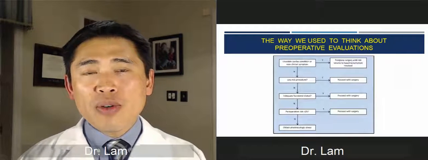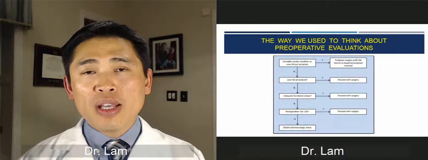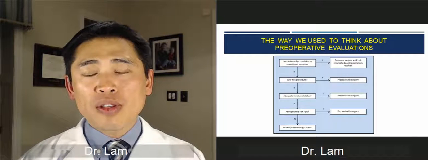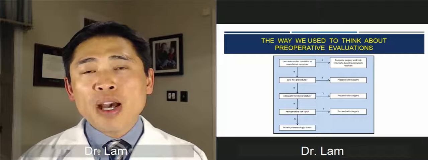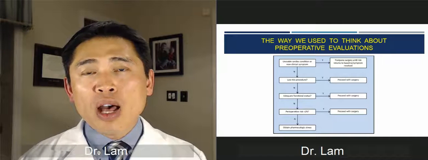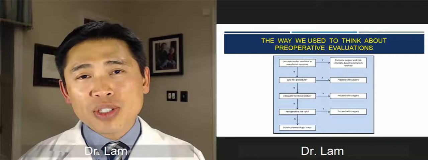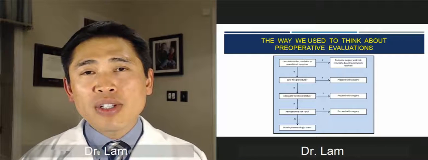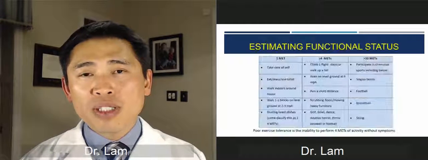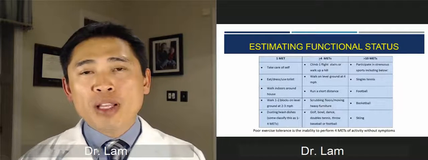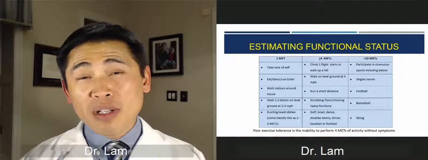And so if they were going for low risk procedures, they could go ahead with the surgery because of the low perioperative risk. On the other hand, if they're going for non-low risk surgery, then the next question we ask is, well, what's their functional status? And in this case, the magic cutoff is 4 metabolic equivalents. And as you recall, 4 metabolic equivalents would be the equivalent of being able to climb a flight of stairs